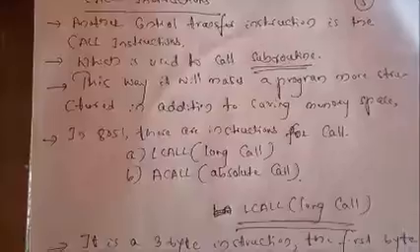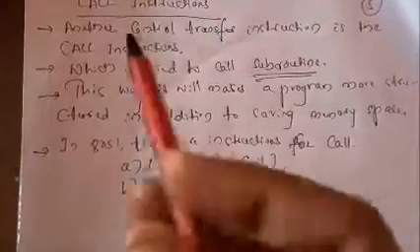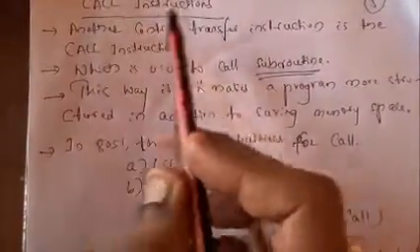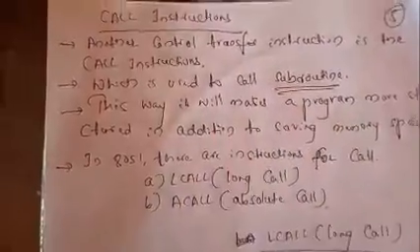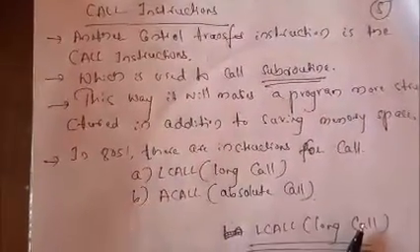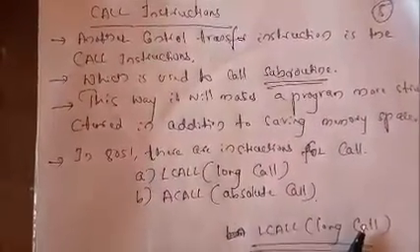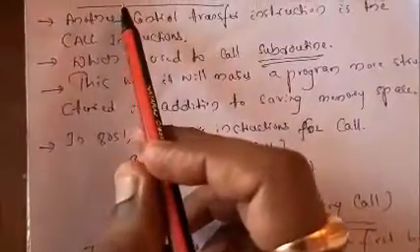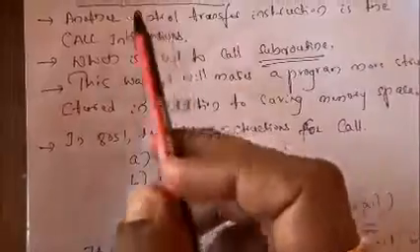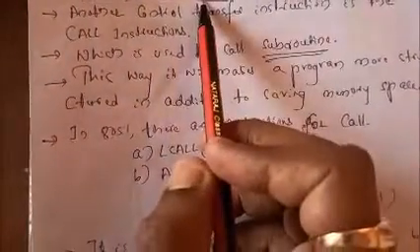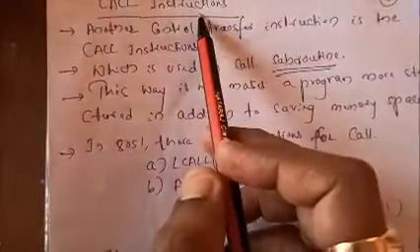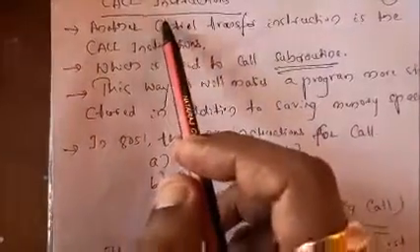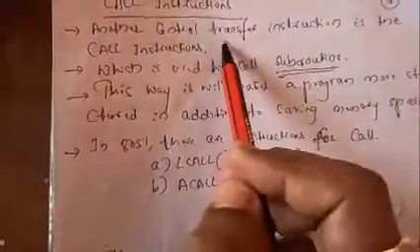Those we call the CALL instructions. So this is the call instruction. Last week we started the jump instructions and arithmetic instructions; some instructions we studied. Like that, one part of the stack or subroutines is the call instructions. In this call instruction, we use these instructions to call the subroutines.